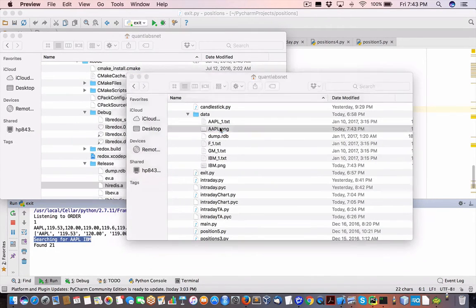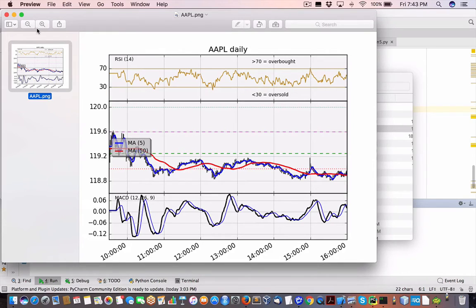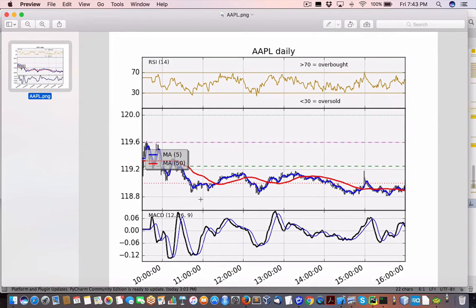So here's the Apple one. Now, again, nothing's changed in that chart. The only thing that's really changed here are these 4 lines. This is the upper soft target. This is the upper stop loss. This green dashed is the lower stop loss. And this one right here in red would be the